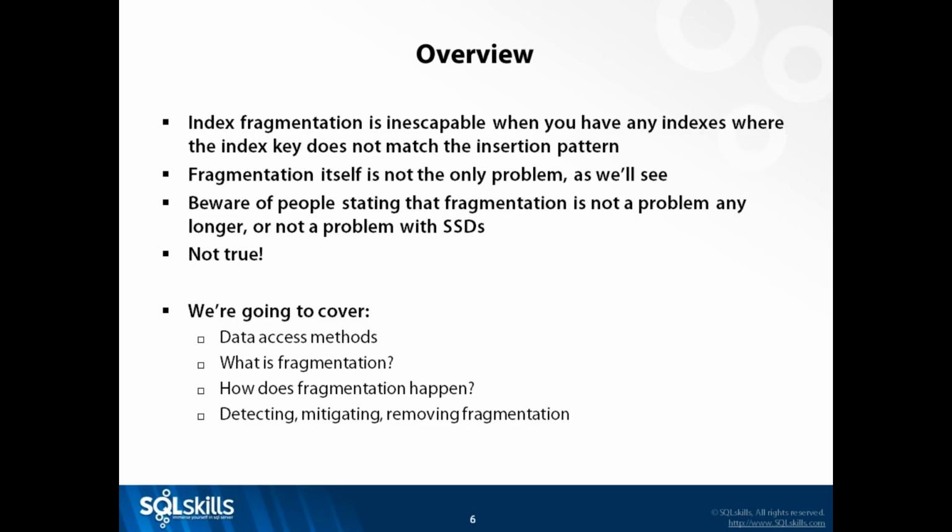So we're going to cover 4 things. We're going to cover how SQL Server uses an index, and that's the kind of base information to know why fragmentation can be an issue. We'll talk about the various kinds of fragmentation. We'll talk about how fragmentation happens, which is basically an operation called a page split. And then we'll talk about how you can detect fragmentation, basically using the DMV index physical stats, how you can mitigate fragmentation, basically using a fill factor, and your options for removing fragmentation. And I'll do a few demos as we go along.